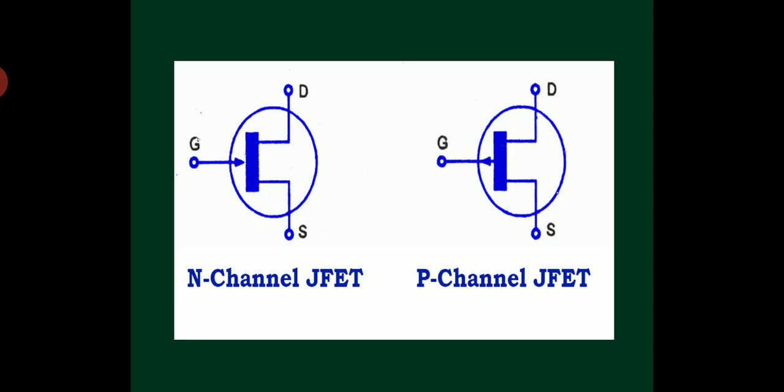And the emitter width must be high, the base width must be very small, the base must be very thin in BJT, and the width of the collector must be much greater than the emitter in order to accommodate the charge carriers coming from the emitter into the collector. Okay, that's why the collector width must be high. These rules or characteristics while manufacturing BJTs are somewhat tough. But if I choose FET,